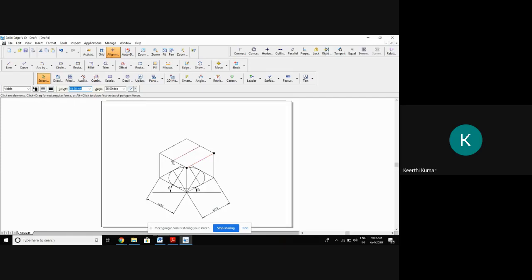And where it's supposed to be? It's supposed to be exactly mid of this. And it should be parallel to this, like that you draw. Similarly, one more line from here, draw parallel. See, in isometric, you're supposed to find out the center by this method only. Don't draw the diagonals to find the center. Remember, don't draw the diagonals to find out the center. You're supposed to draw by using the center only.